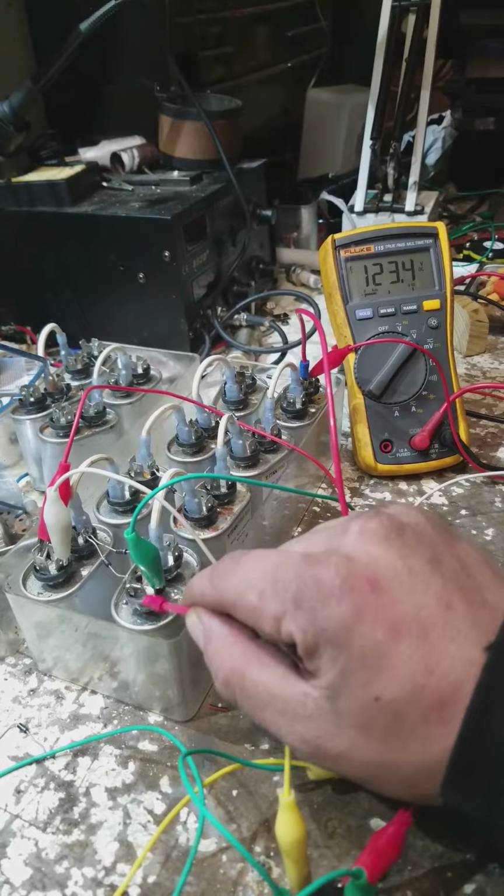Hey guys, check this stuff out. I'm driving this 3055 with a sine wave right now at around 1200 hertz, and I'm pulsing this transformer core here, which is a 120 to, I think, 6 or 12 step down,